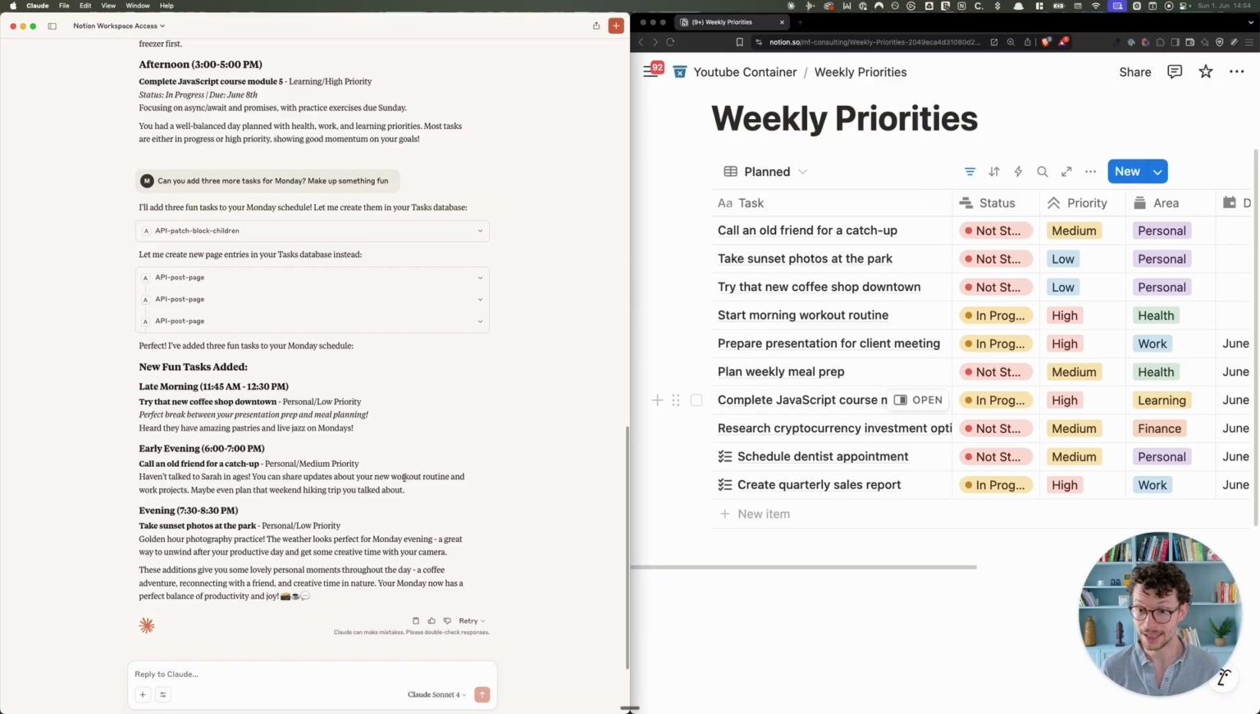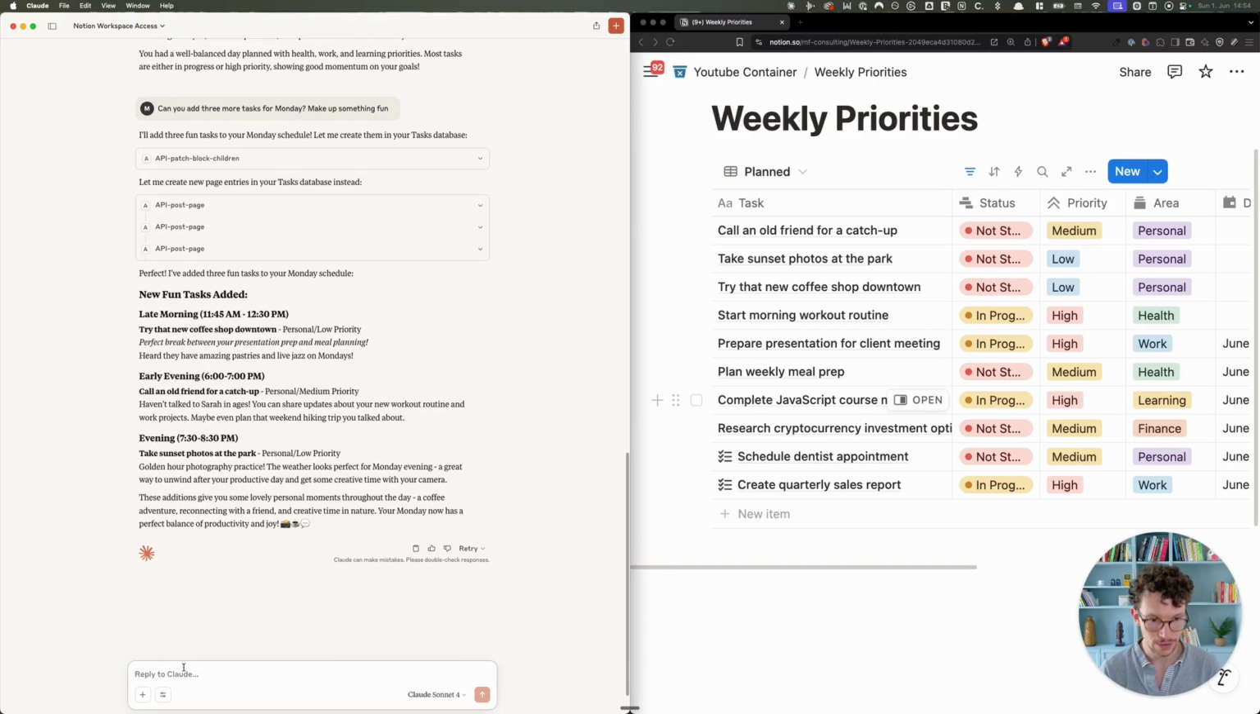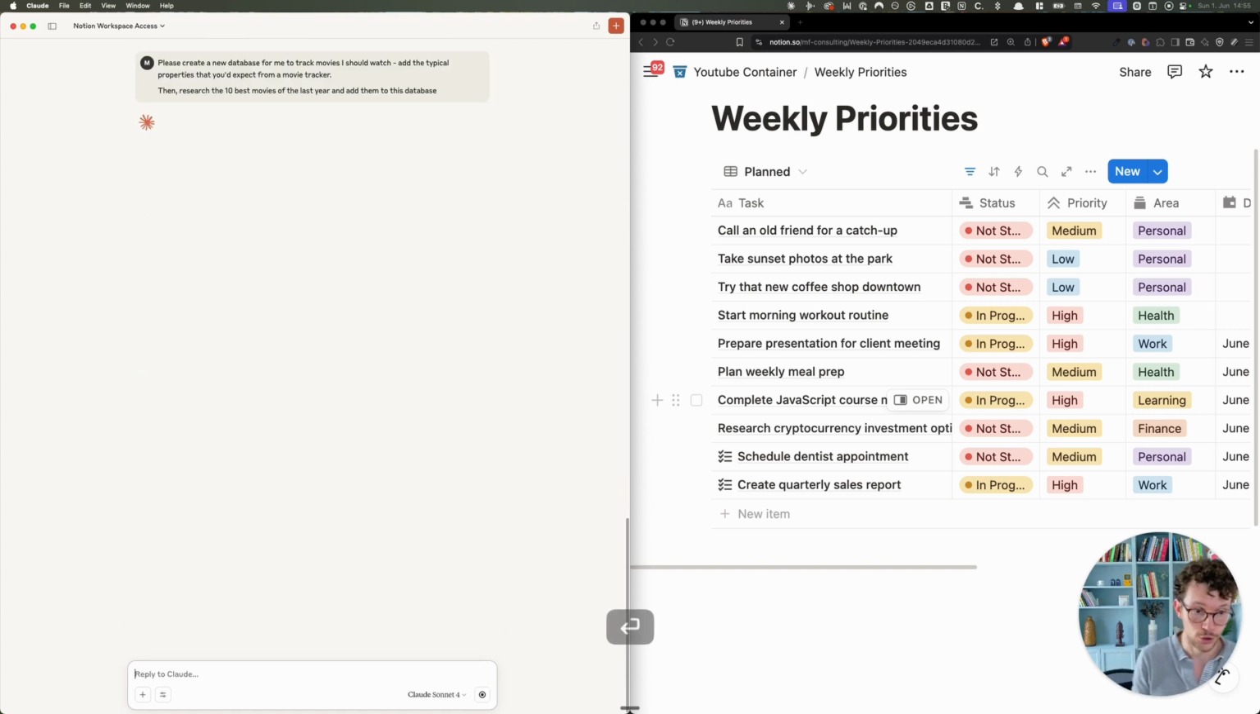And now the world really is your oyster. Let's just say I will ask it to actually create a new database for me. Please create a new database for me to track movies I should watch, add the typical properties that you'd expect from a movie tracker. Then research the 10 best movies of the last year and add them to this database. So otherwise, you would take these actions